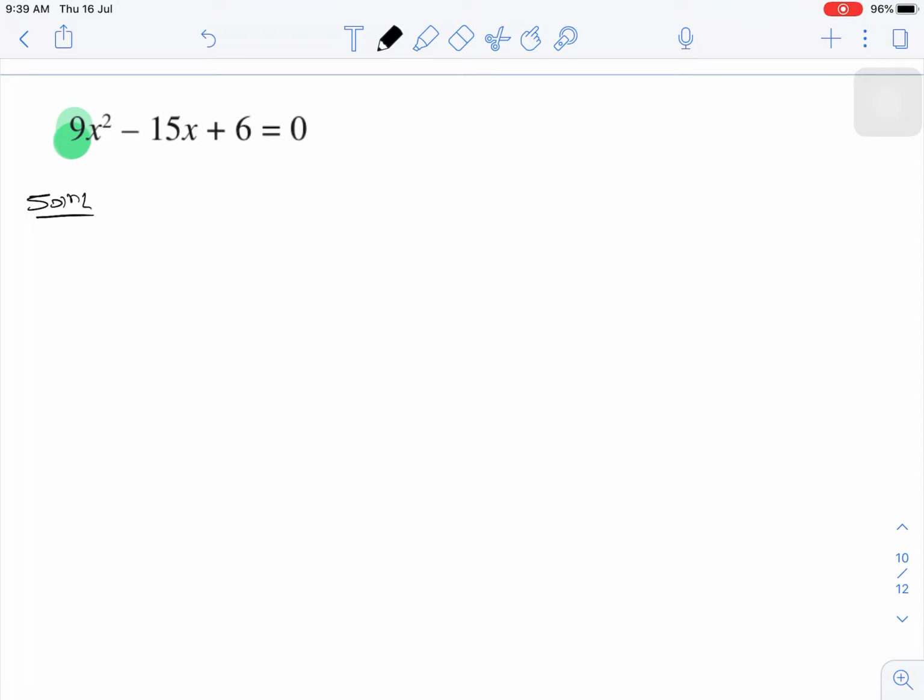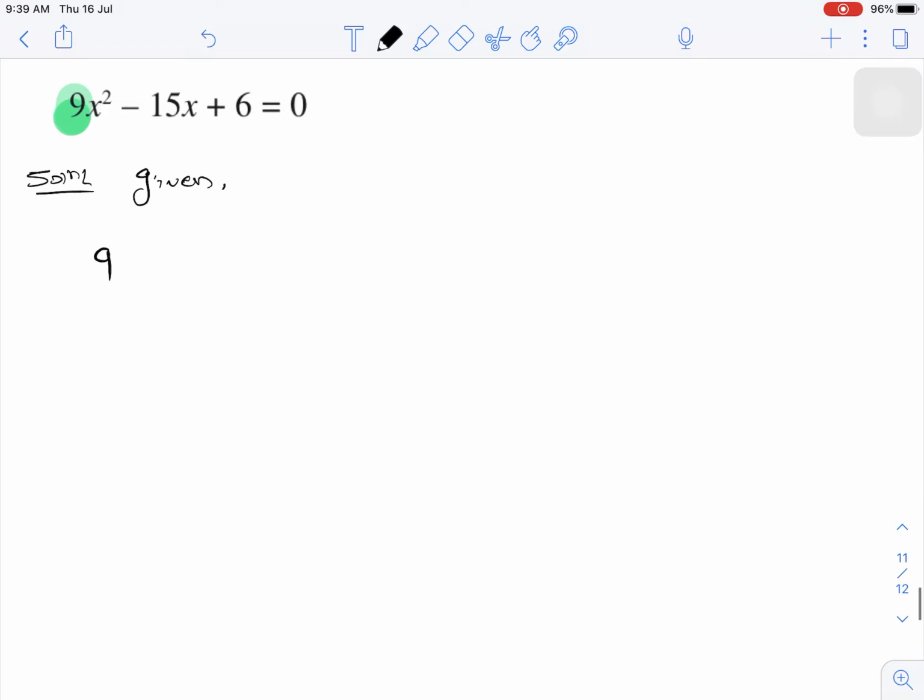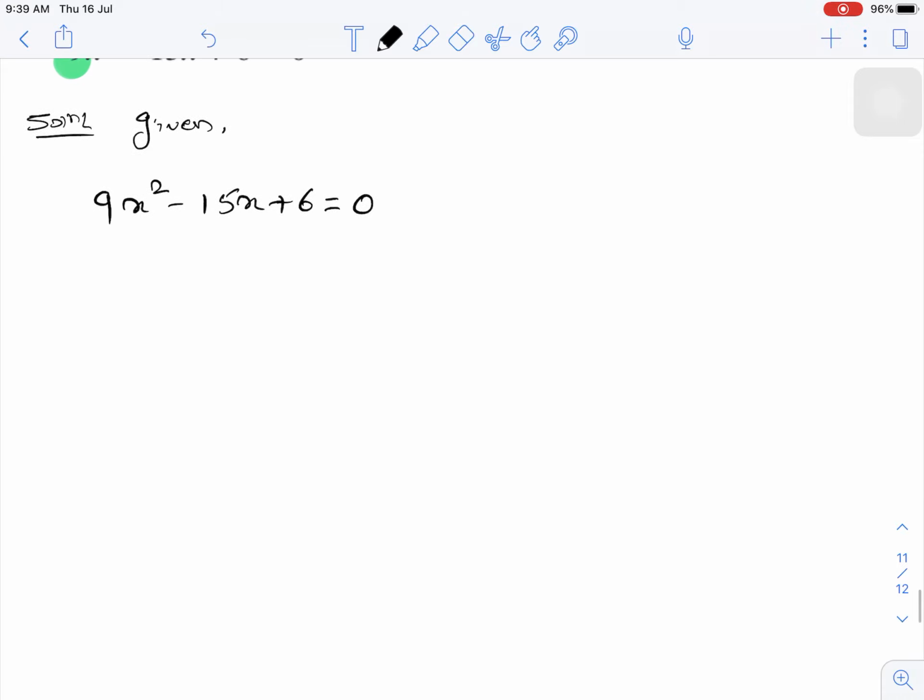Let us write the solution. The given equation is 9x square minus 15x plus 6 equals to 0. Now what you have to do, we don't want any number with x square, so we have to remove it. And how to remove it? By dividing by the same number throughout the equation. So dividing the above equation by 9, we get,